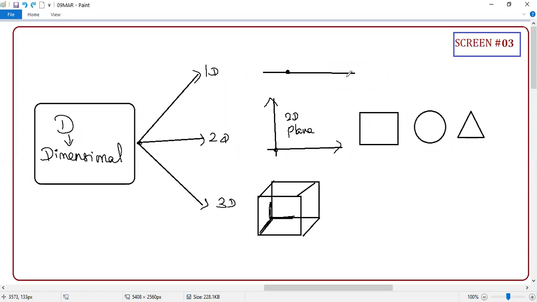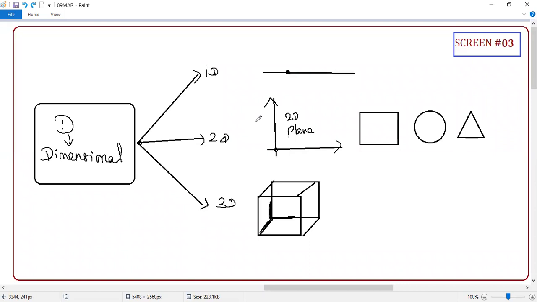But if I put a condition that the point can move anywhere on the wall, it means the point can move left and right as well as up and down. But can the point come out of the plane? No. But in the room where you are sitting, clear or not, just visualize, students, what are the directions you can move?